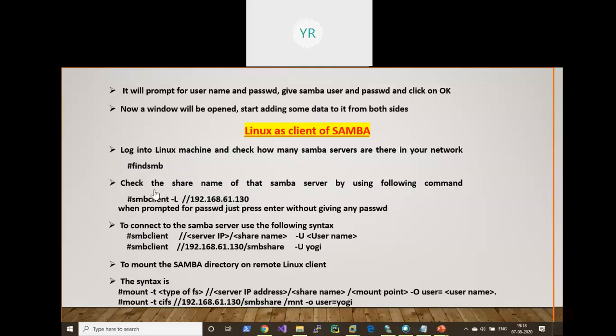The same for NFS, you need to use showmount -e. For Samba it is smbclient -L and the server IP. So when asked for a password, give that password. Next you need to connect to Samba. Use this syntax, smbclient //server IP/